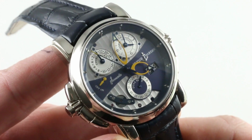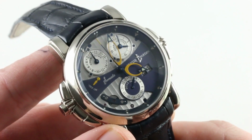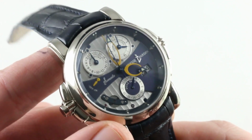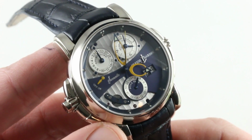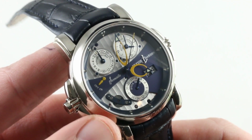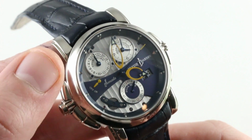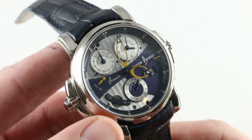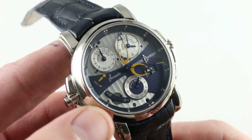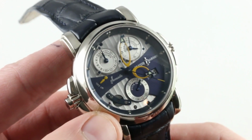Ulysse Nardin Sonata Cathedral. The original Sonata bowed in late 2003, and by late 2005 we were already talking about its successor, whereas the original Sonata featured a peerless combination of musical paced chimes and a sophisticated 24-hour countdown format alarm setting device. The Sonata Cathedral took the paced regulated chimes of the original, which featured a gorgeous minute repeater